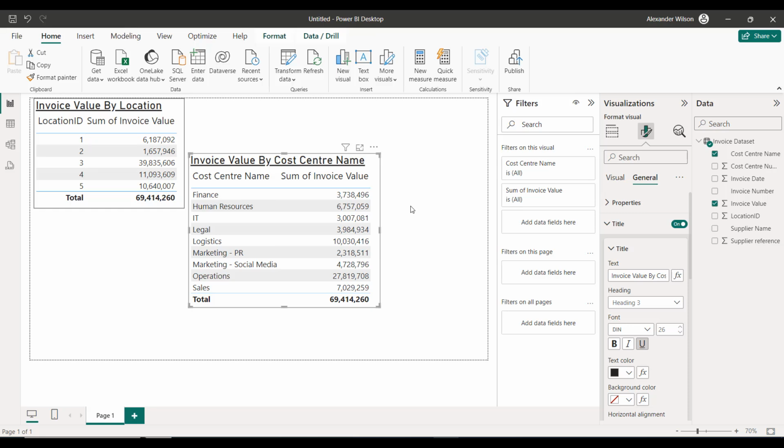Okay, the final thing we need to do is sort out the same table but for supplier name. Now this time I'm not going to make you do the visualizations all over again from scratch. We're going to learn how to copy and paste a visual. So how do we copy a visual?